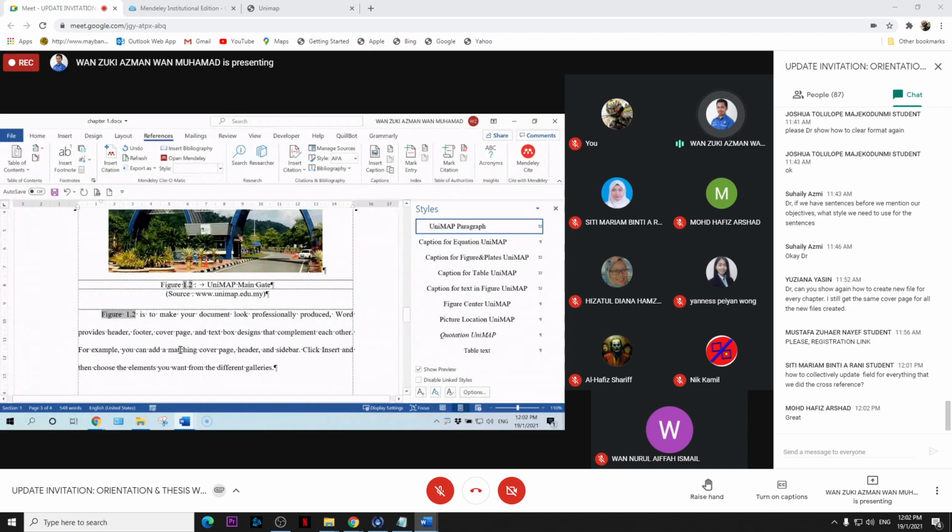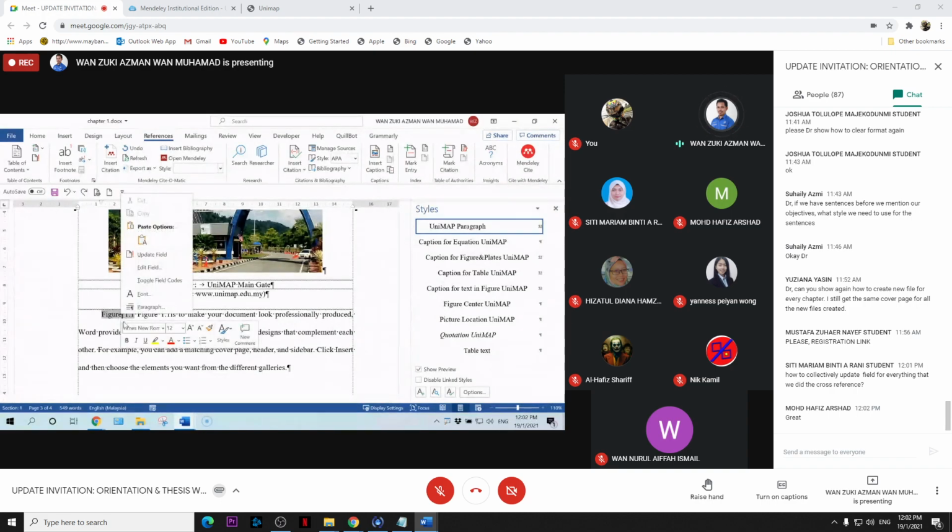So what you need to do? One way is you can right click here. But you ask me, oh, I cannot remember which paragraph I referred to this figure before this. But don't worry, I give you the ultimate alternative.